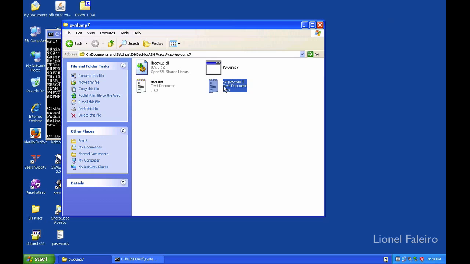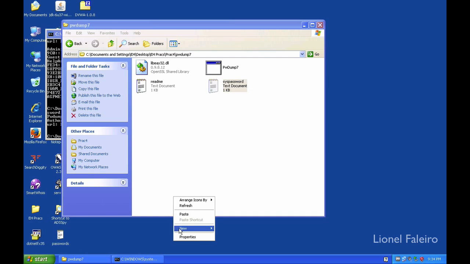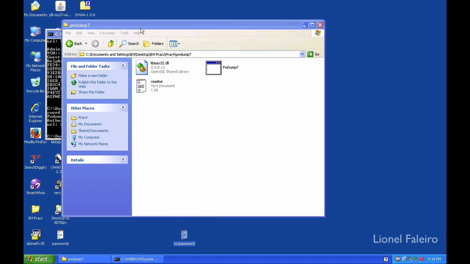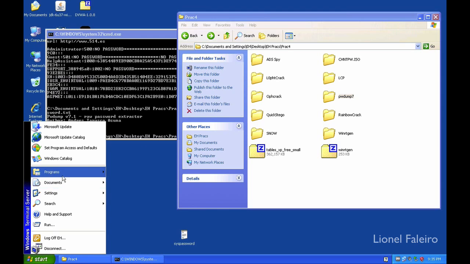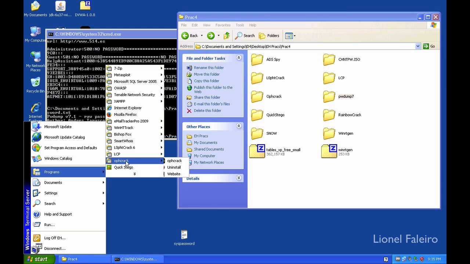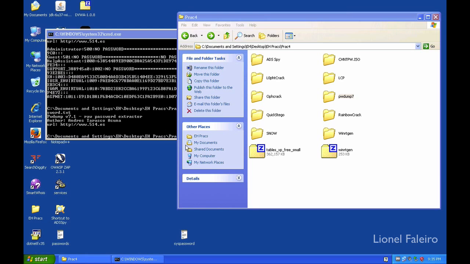Alright, so what I'll do, I'll copy this and I shall paste it to my desktop. The first thing is we'll be looking at a program called Loftcrack for doing the password cracking. We'll do the password cracking first and then we'll come to working with NTFS data streams. So when I start the Loftcrack program,